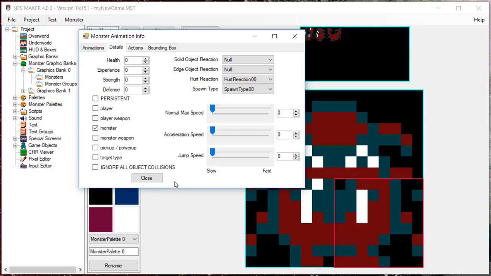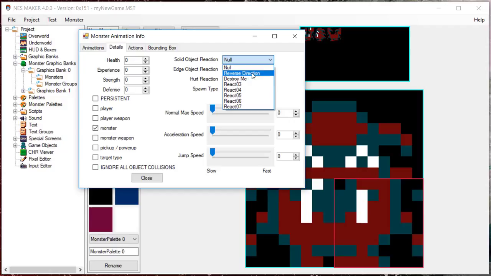Each of these boxes has a default meaning in the underlying object collision code. When two objects collide, their respective bits are compared, and the resulting script is called accordingly. For non-player objects, and this includes game objects, it is a good idea to set up solid and edge reactions. Solid reaction is what happens when this object collides with a solid tile. You may want projectiles, for instance, to destroy when they hit a solid wall, whereas you might want monsters to